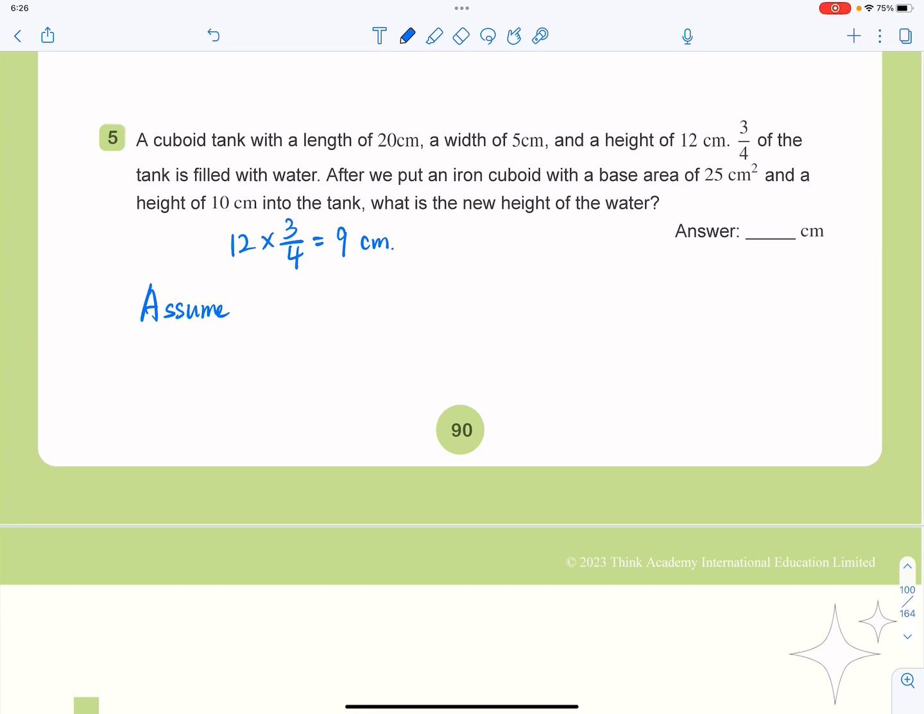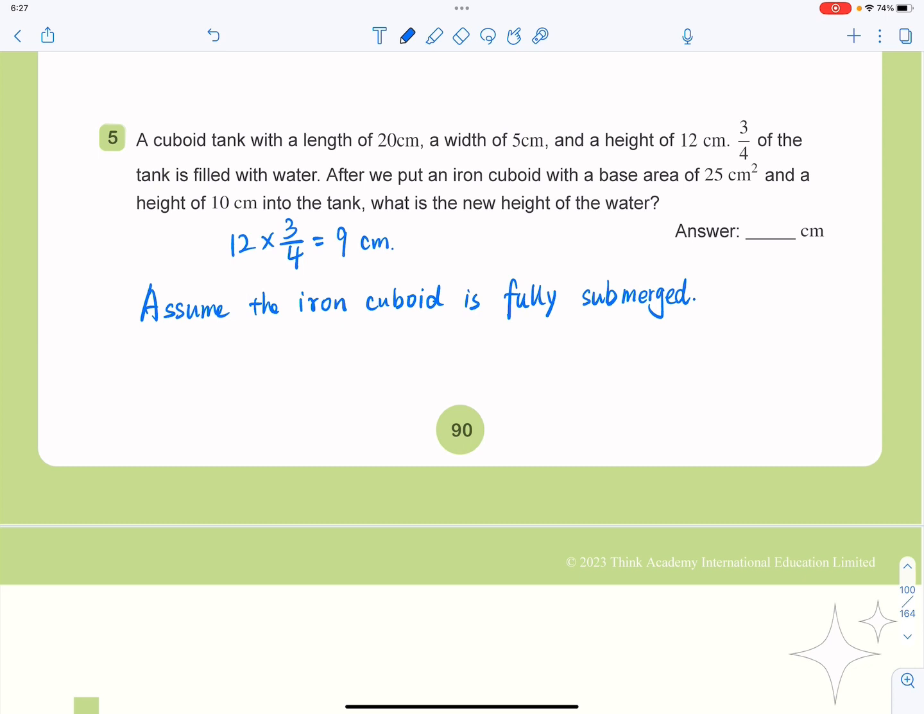So assume the iron cuboid is fully submerged. Okay, and in such kind of situation, you have to get the total